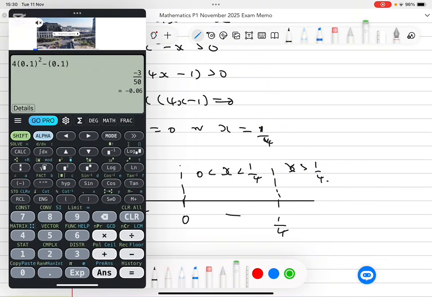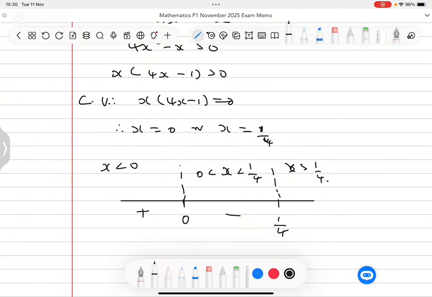And then above the 1 over 4, this side here, I'm going to take, let's say, a 1. I can use a 1 in there because 1 is greater than the 1 over 4. Then I get a positive again. So you can use a 2, a 5 as well. All of them should give you a positive. Now,